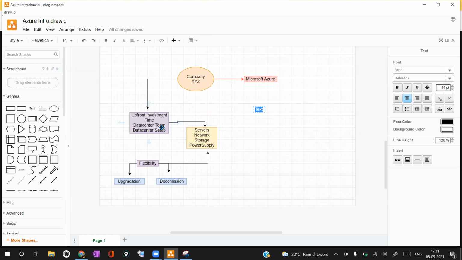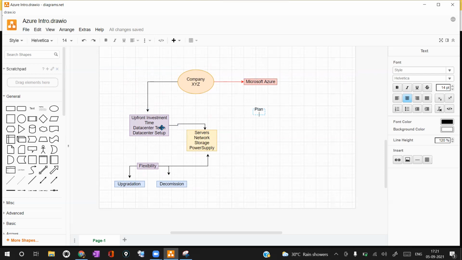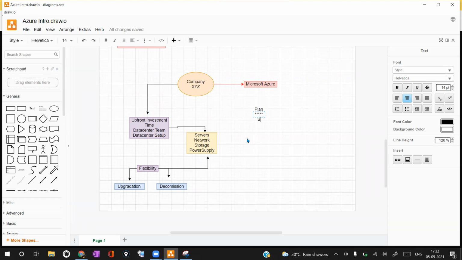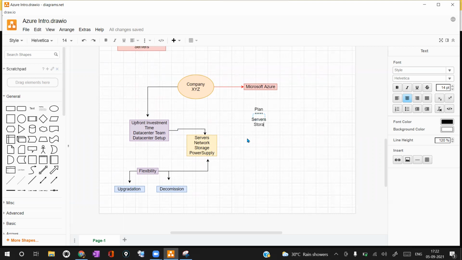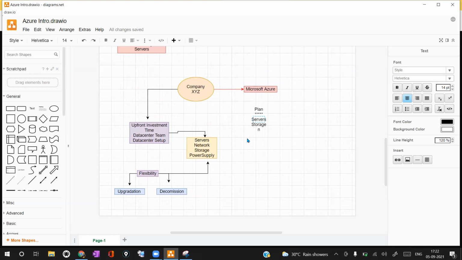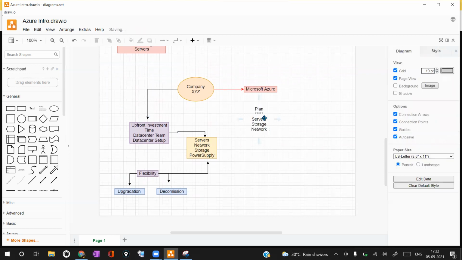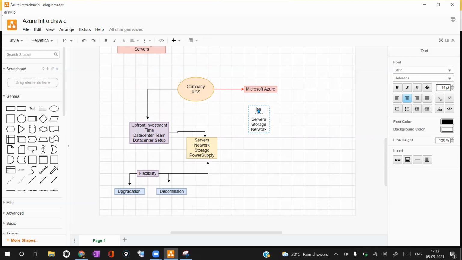You'll be able to learn these factors in the upcoming sessions: what subscriptions are and all those things. Let's say I purchase a plan for Azure. I'm paying a minimum amount, whatever the plan costs, and under the plan I'm going to deploy my servers, storage and network. All of these will be under my plan. Here I can call my plan a subscription. So it is as simple as that.